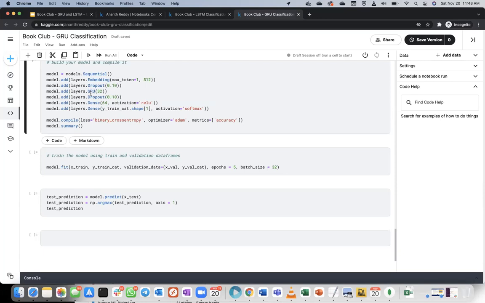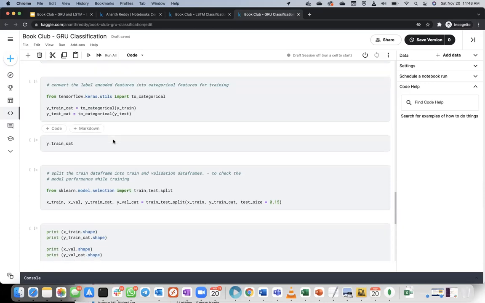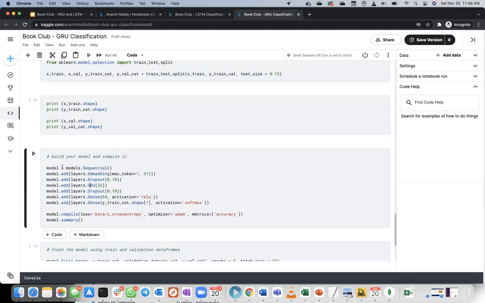This is because most of the code we write is not building the model. The only model-building code is this one, where we initiate a sequential model, embedding, dropout, the layer, whatever we want, again a dropout and dense. That's it. Do we still train it the same way we train the whole class model? Yeah, the training doesn't change. Nothing changes. The only thing that changes is just one line.